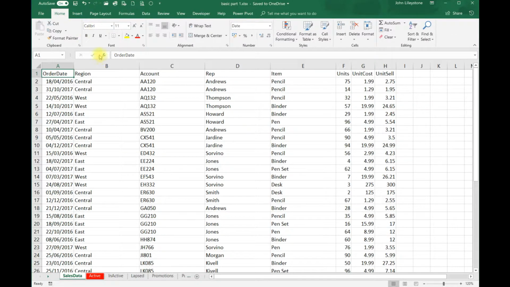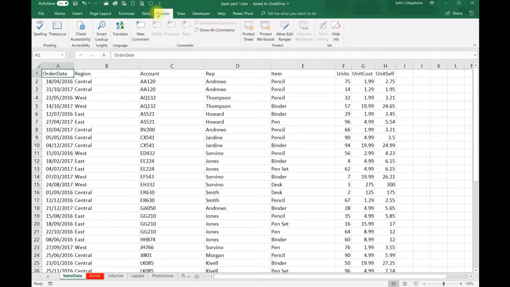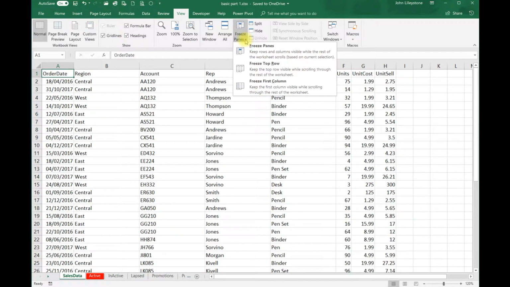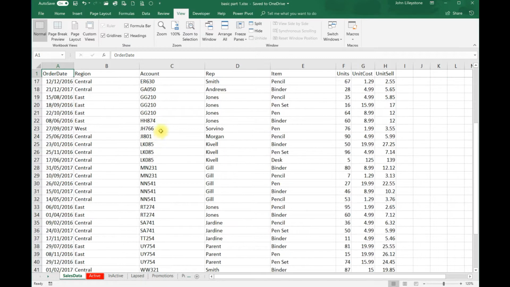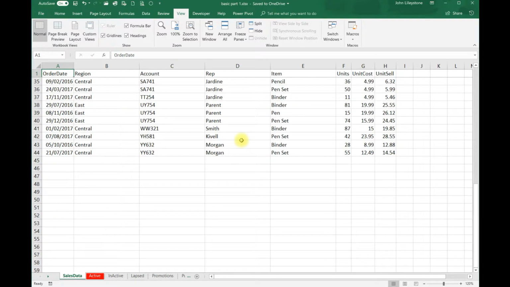And for those of you that aren't familiar, this toolbar at the top with all your options in is called the ribbon. One of the ribbon options is view. There's a button there called freeze panes. And if I click the little down arrow here, there's an option called freeze top row, and if I click on that you'll notice there's a horizontal indicator that that top row is now being locked. So when I scroll down I don't lose that first row,